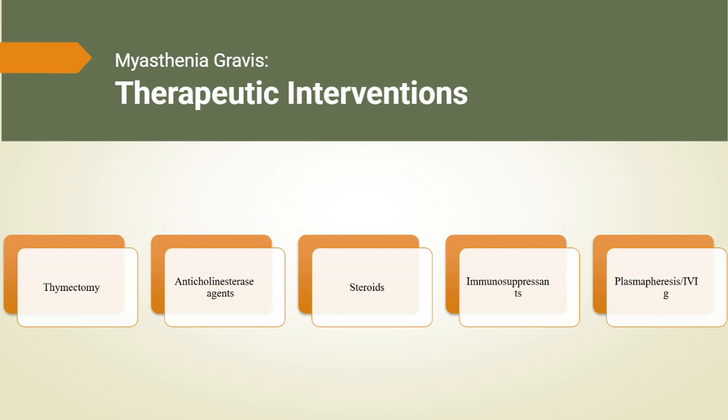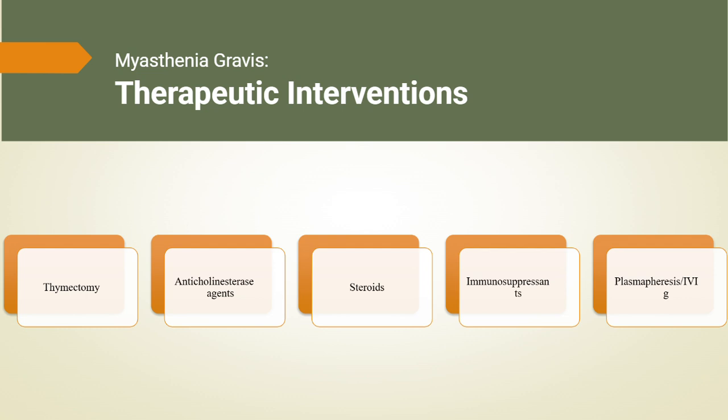One major intervention is thymectomy, which is the surgical removal of the thymus gland. The thymus plays a large role in the development of the immune system, and in many adults with myasthenia gravis, especially those with thymoma or generalized myasthenia gravis. Removing the thymus can reduce abnormal antibody production. Over time, this can lead to fewer symptoms and in some cases, long-term improvement. Thymectomy is often recommended for patients under age 60 with generalized myasthenia gravis, even if a thymoma is not present.